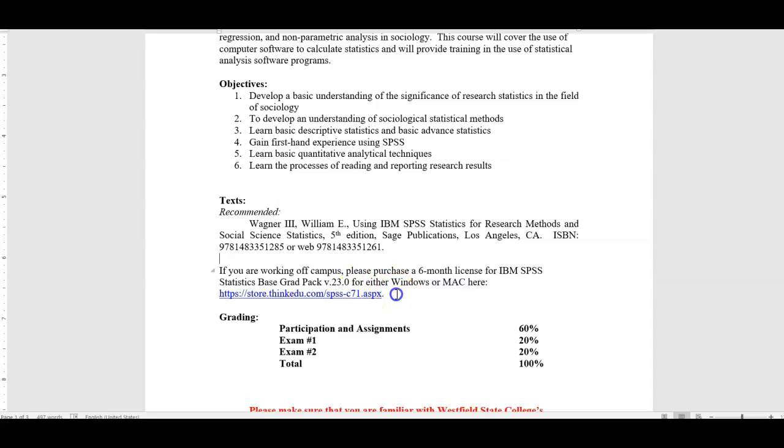I do want you to get a 6-month license for SPSS. The graduate pack is basically the most basic pack. It's for 6 months, I believe it might be $60, maybe less. I haven't checked lately, my apologies. I think last time I checked it was $60, which is the price of a textbook or something like that. It's well worth it. It's good to have it on your computer so you can play around with this stuff